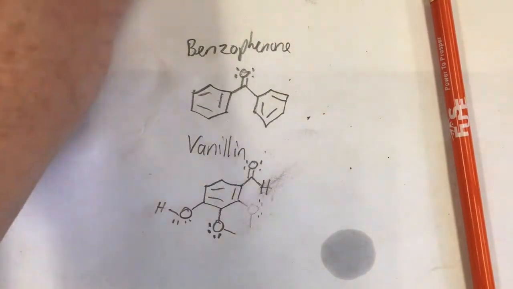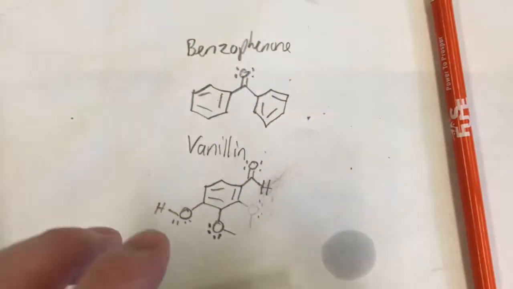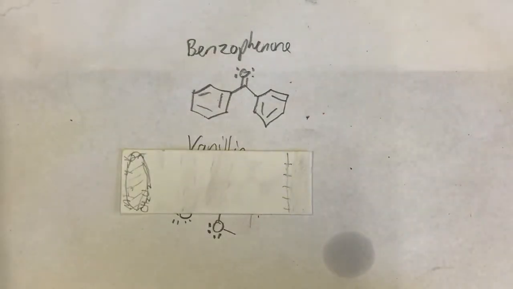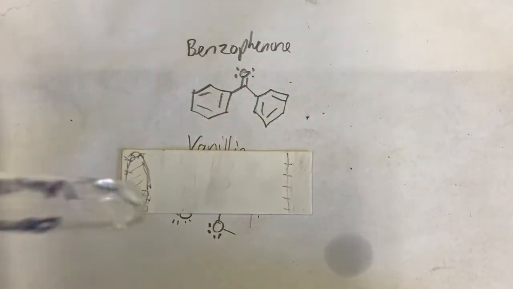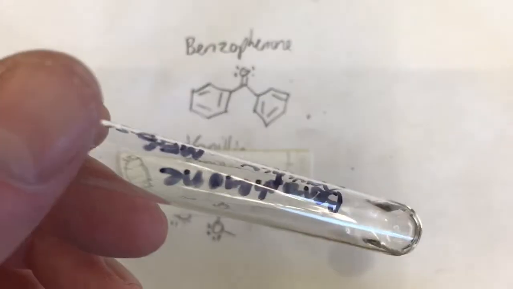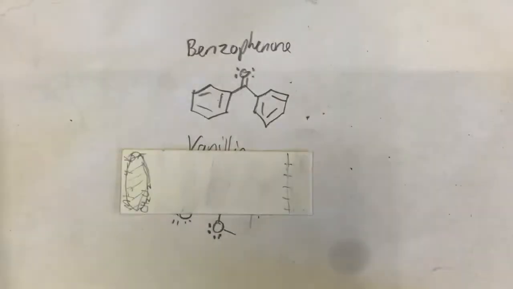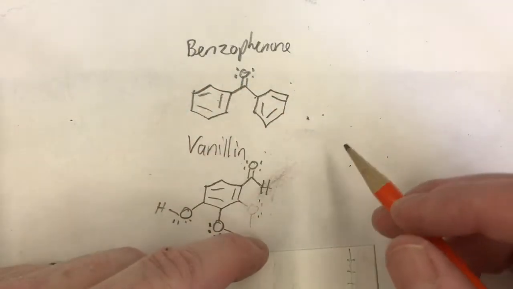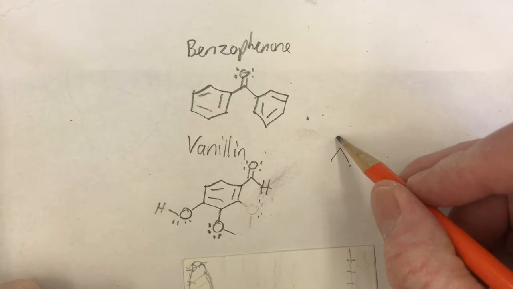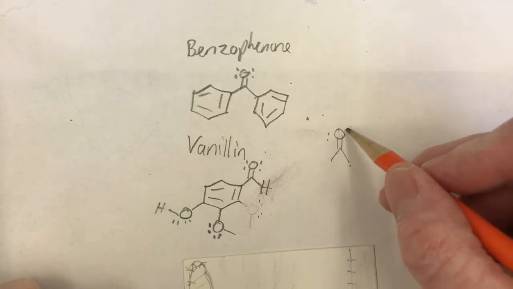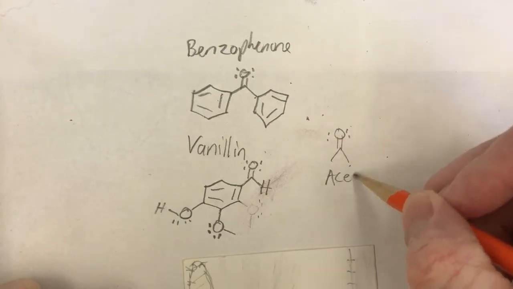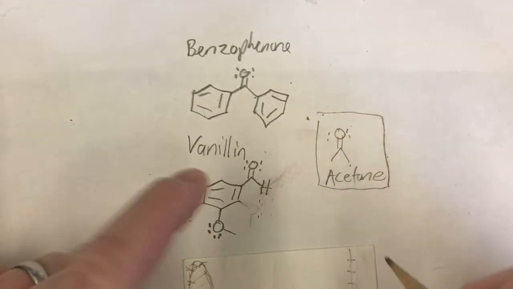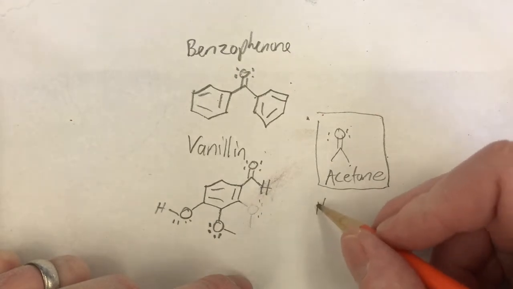And then my recycled TLC plate, I'll label it. Oh, I'm going to be using multiple TLC plates for this. What I'm going to be doing is checking three different solvents to see which one separates the benzophenone and vanillin the best. So the three solvents I'll test are acetone, you probably should know the results of this already, acetone, hexanes,